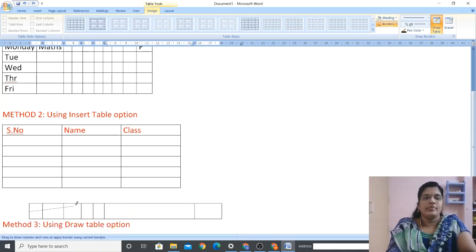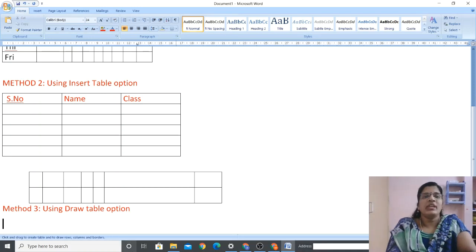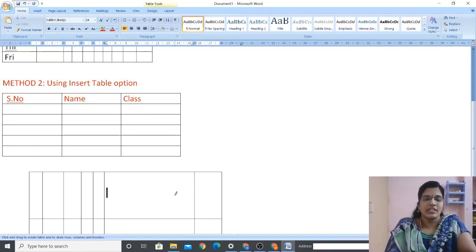See, I'm just making rows. Got it? This is the way we can draw tables. Is it clear for everyone? That's good.